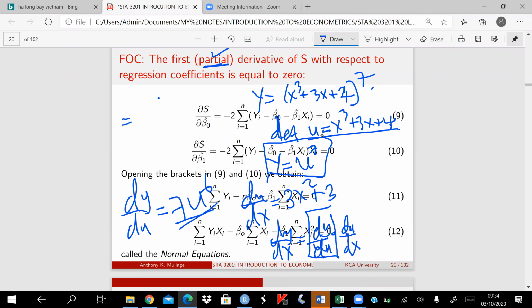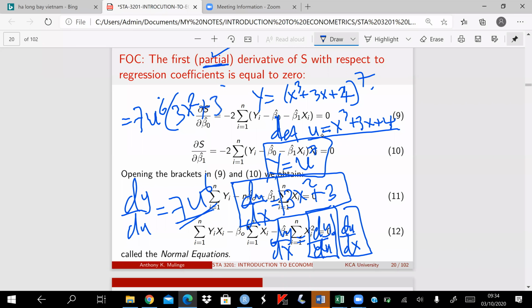This will be equal to 7u to the power 6, multiplied by du dx, which is 3x squared plus 3. So that's the derivative. But you may want to replace u with its actual value. So this will be the same as 7